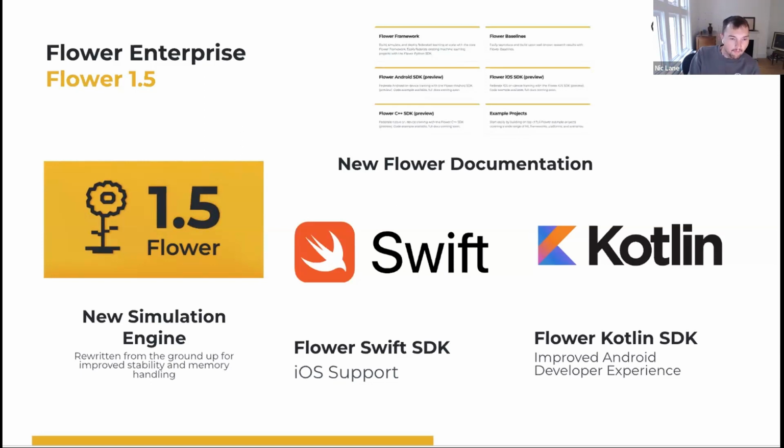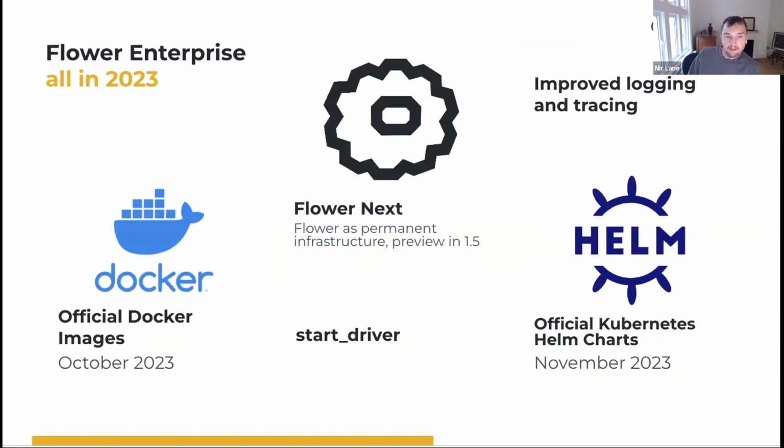need. And these range from the new simulation engine that's much more stable, scalable, and efficient in resources like memory, a wide range of improved support for mobile device clients, particularly in the direction of iOS and new forms of Android, powerful documentation. And a lot of that Flower Friday was on this topic, as well as describing what is coming next. So again, if you're interested in this sort of content, you should check out this video that you will find shortly out there.